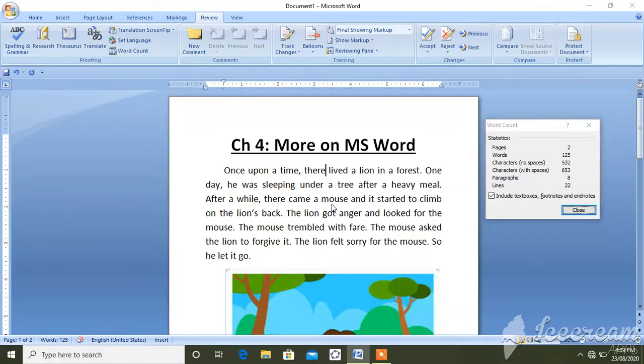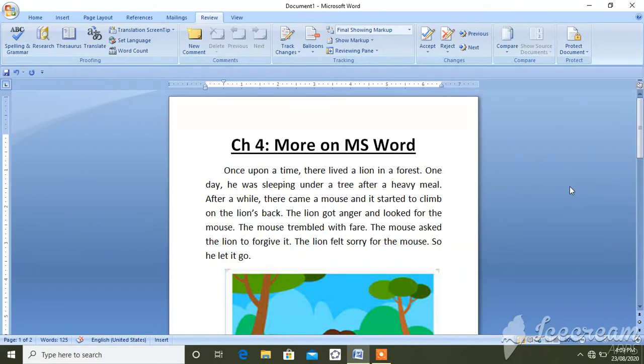See here, 1 2 3 4 5, total 8 paragraphs. And how many lines, 1 2 3 4 5 6, like this there are 22 lines. This word count feature displays the number of words, pages, characters, paragraphs and lines in your document.